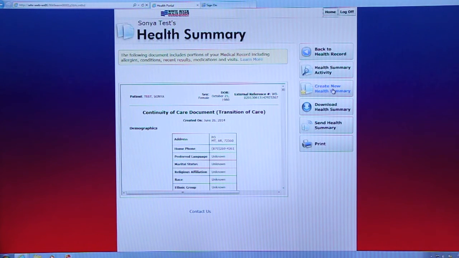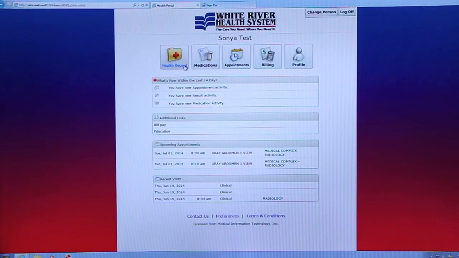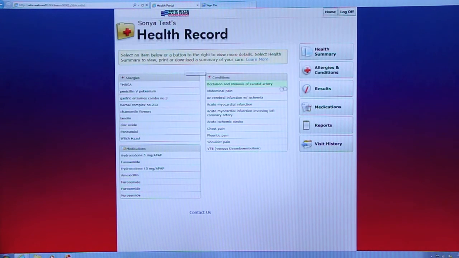And again, you can view it, you could download it, or you could email it to another provider if you wish. And then finally, you'd have the ability to print the summary if you so desired. So if we go back to the health record routine, the next area is